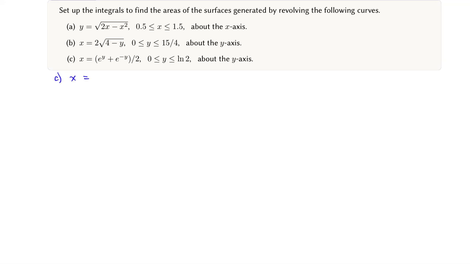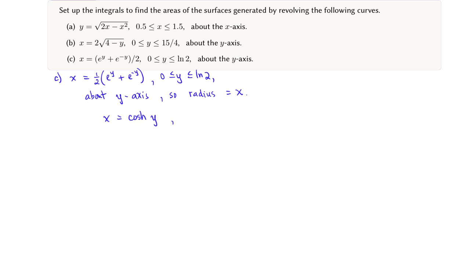x is given in terms of y. x is 1/2 (e^y + e^(-y)), and y goes from 0 to ln 2. And since we rotate about the y-axis, the radius is x. But we recognize that 1/2 (e^y + e^(-y)) is actually the definition of